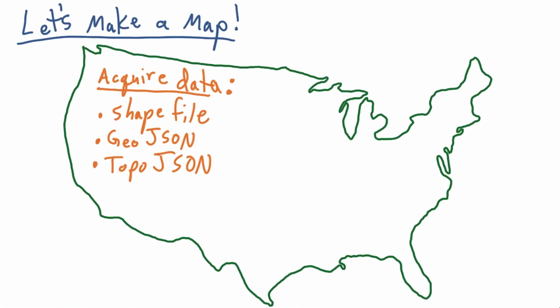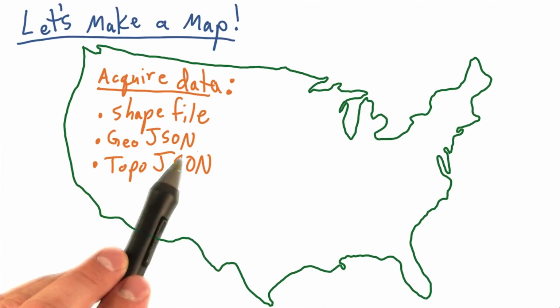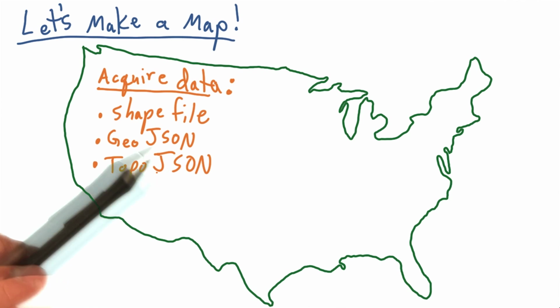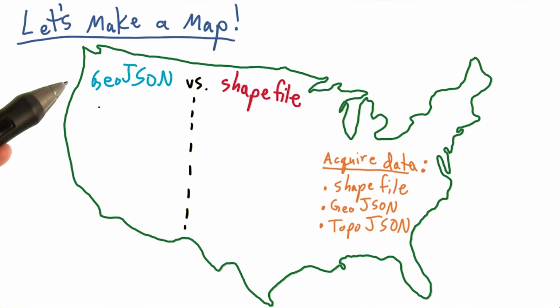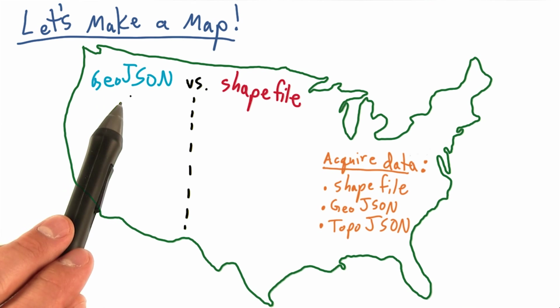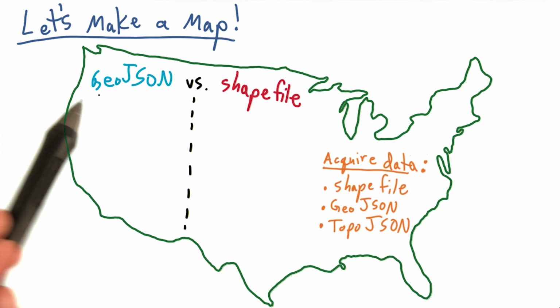A few other formats have emerged, somewhat hand in hand with D3, two of which are very related, GeoJSON and TopoJSON. When working with web technologies, JSON can be thought of as something like the lingua franca and acts as a common interface between libraries, languages, and technologies. Almost every programming language and environment has facilities to work with native JSON in some form or another. And especially when working with D3 and JavaScript, JSON is the most natural format. So when working with maps in D3, it seems only natural to use a JSON-based format to encode the coordinates you need to display. And that's exactly what GeoJSON is.